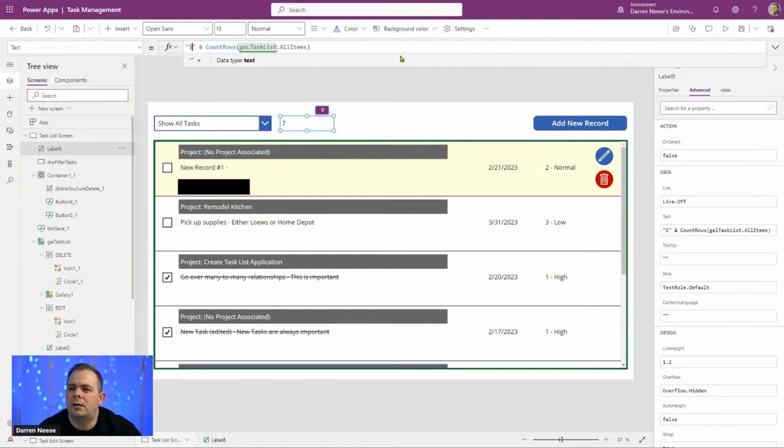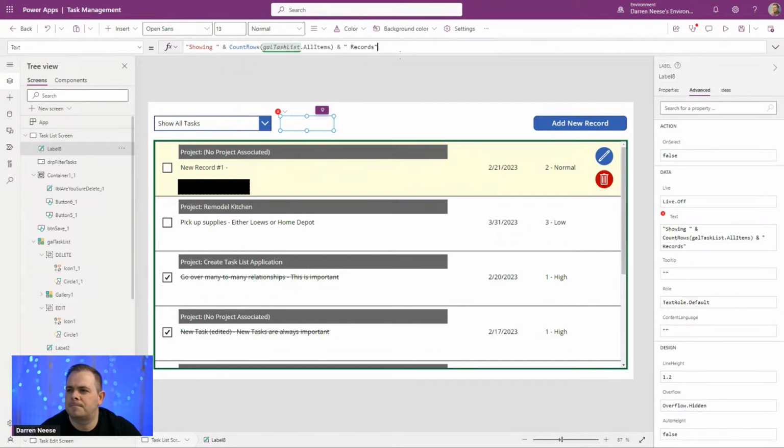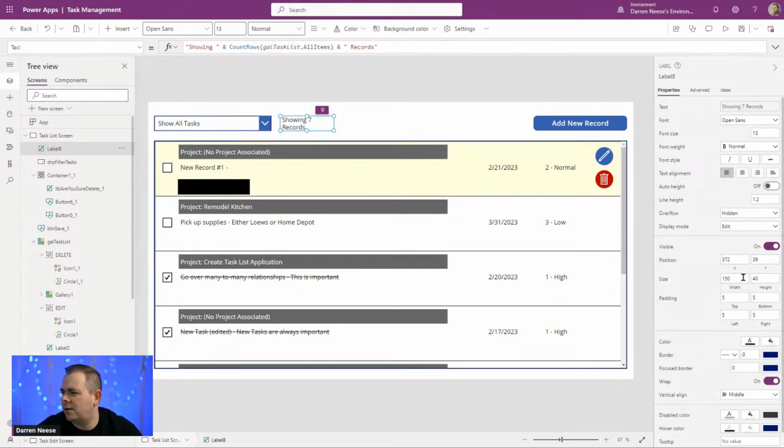Little here showing at ampersand records. And maybe make that label a little wider. Okay,